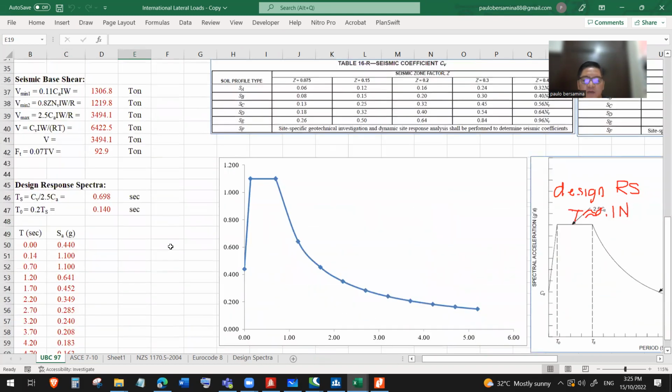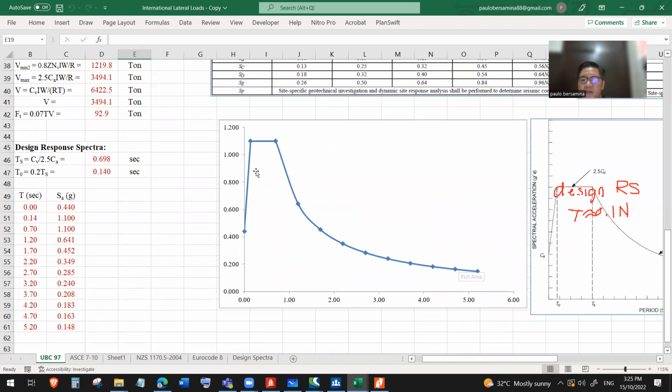So this will be your response spectra. So you will see, if you have a 0.5 second structure, which is around 5-story, approximately 0.5 seconds. So here,